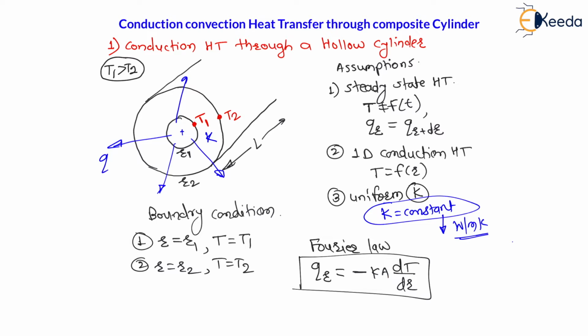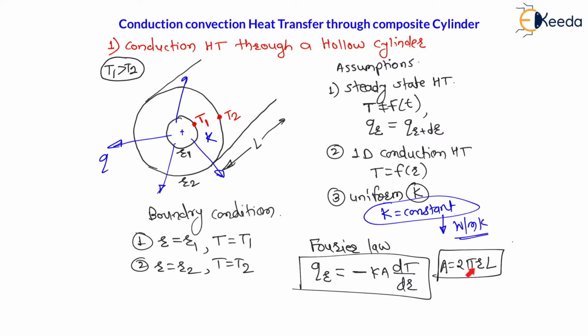Now, my dear students, here the area, that is the perpendicular area to the heat transfer, you can assume that it is a cylinder. You can assume your pen, right? For the refill of the pen, the perpendicular area will be, you can see, pi d, that is the perimeter, 2 pi r perimeter into length L. This will be the perpendicular area. Therefore, here the area is 2 pi r into L, right?